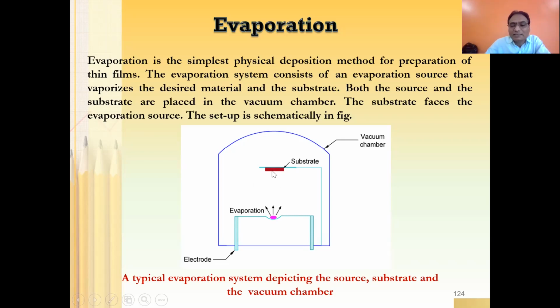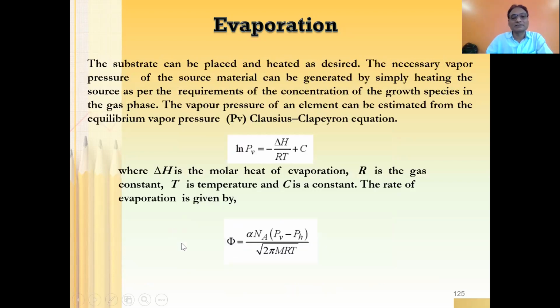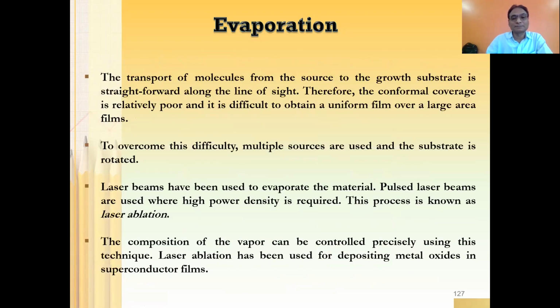If it is having only a single substrate in the line of sight, then it can be easily achieved. But if you are keeping some substrate here and some substrate here, then it would be really difficult to achieve uniform deposition. Or what you can do, the substrate holder can be moved on the horizontal axis, back and forth, back and forth. If you can move that back and forth on the horizontal axis, then it is possible. Otherwise, it would be really challenging.